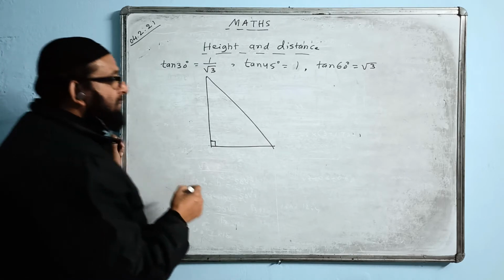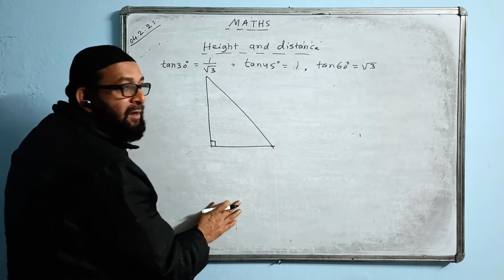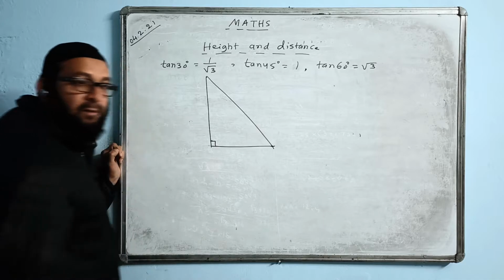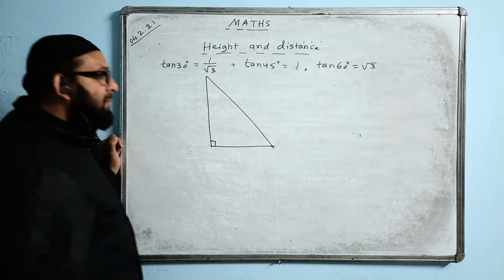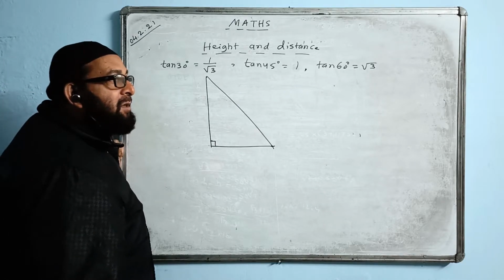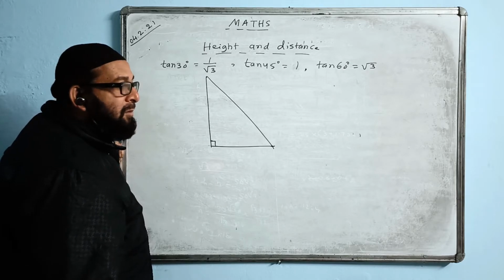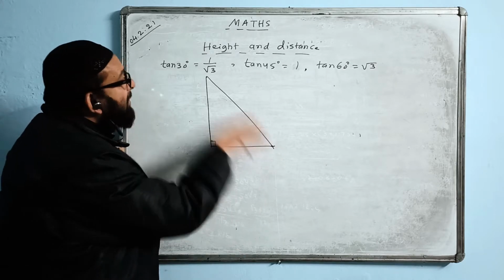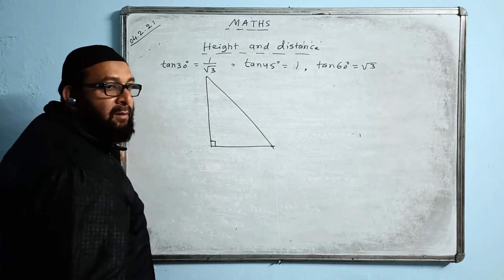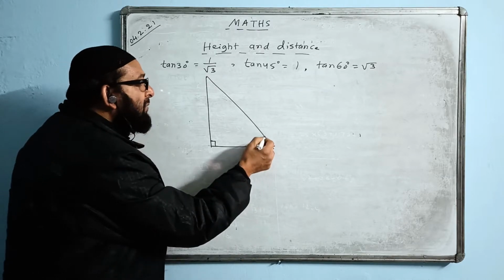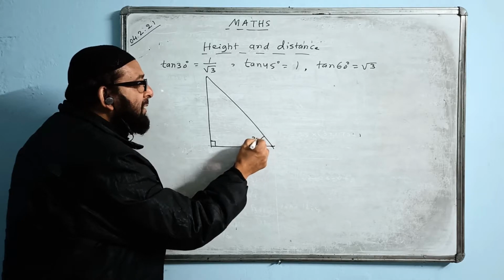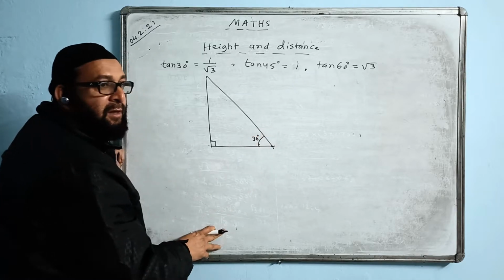So, when you see angle of elevation, angle of depression, ideally you need to have a clear idea. Angle of elevation is the angle formed when the observer is at the lower level and the object is at the higher level. So the angle made at the lower level is called angle of elevation. See, there is a 30 degree angle, so we have to draw the elevation angle here.